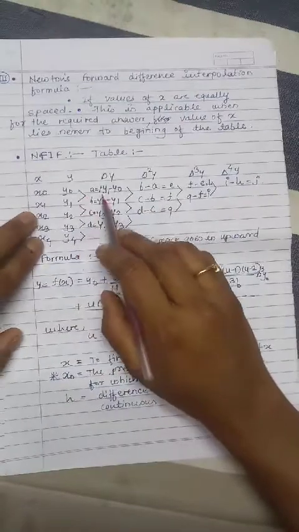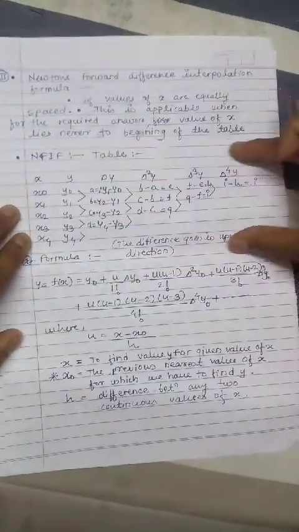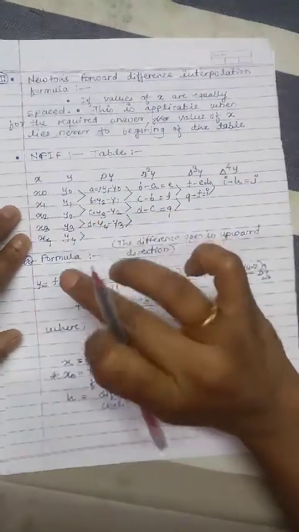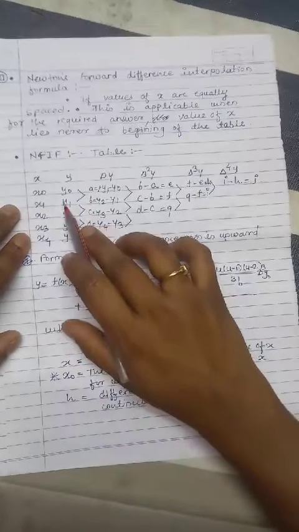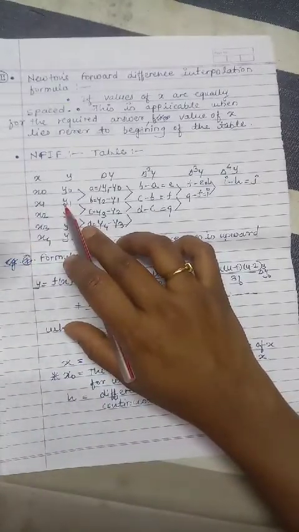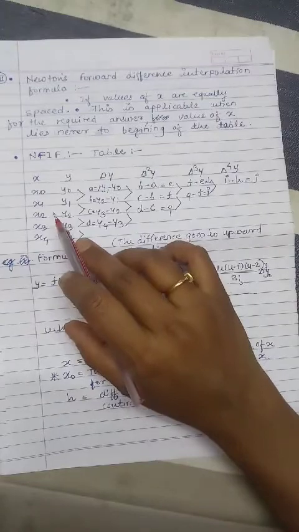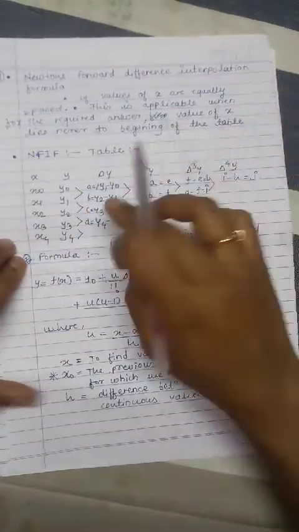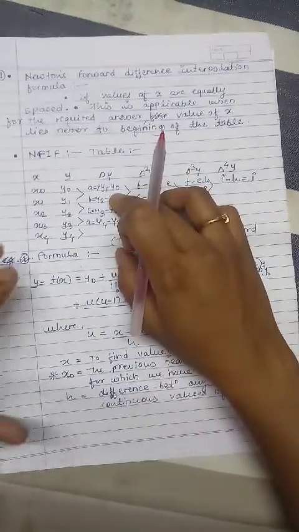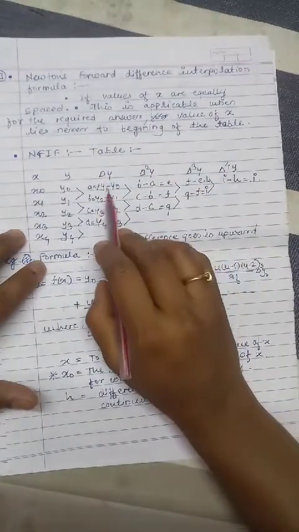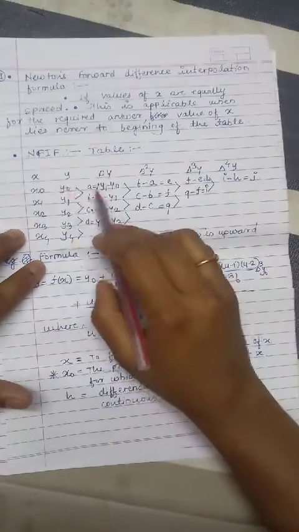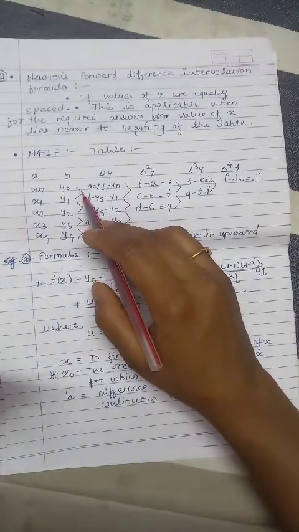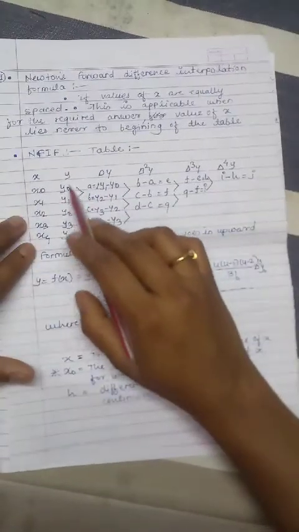To prepare the Newton's forward difference interpolation table, we have to just take the difference only. In the previous Newton's divided difference table, we prepared the table in such a way that the terms are in ratio form, but in this table we take just the difference of the values, which we take in pairs.